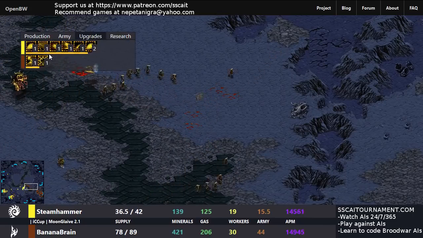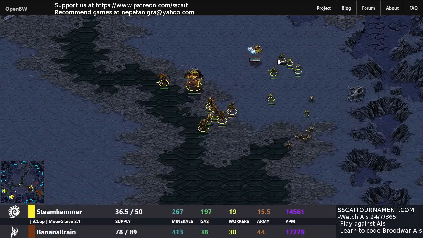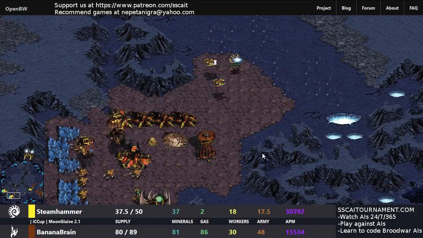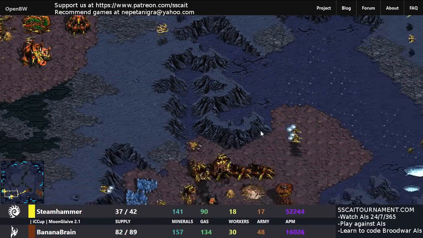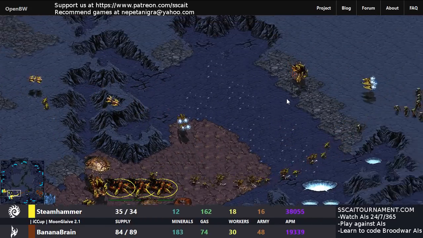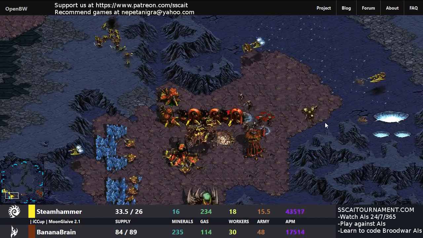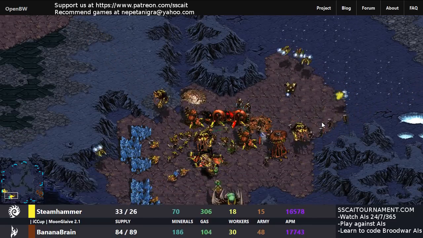The Hydras have got speed, the Zealots have got it too. So the Hydras should be okay versus the Zealots, but there is just no... Oh, here we... Scourge are hard to use. That must be said, and wasting Overlords like this, it's not working. So Steamhammer is doing a lot of things right, but in the bigger picture, it's doing